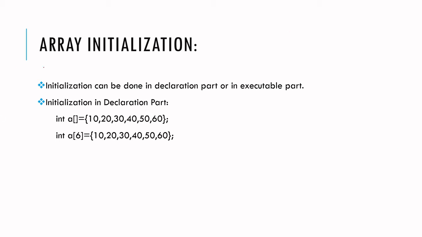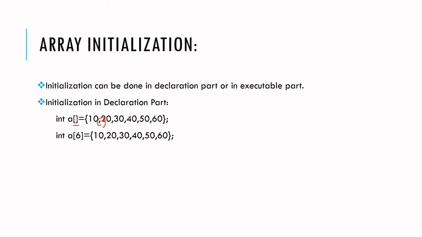The syntax is like this example: int a[] = {. Here I haven't mentioned the size of the array. I have given the empty square brackets only, equal to open curly braces. If you are going to initialize your array in the declaration part itself, you will definitely make use of the opening and closing curly braces, and each element must be separated by the comma operator. After giving all the elements, you can close the curly braces and put a semicolon.